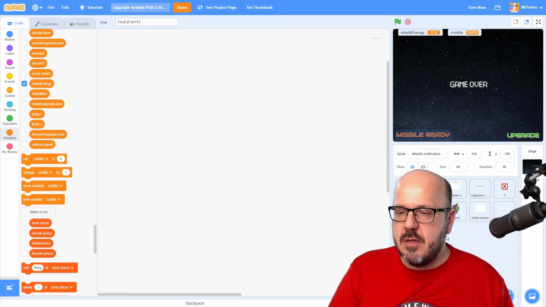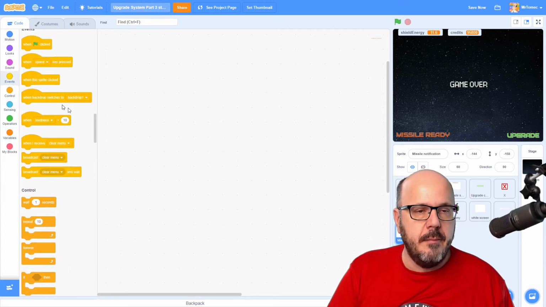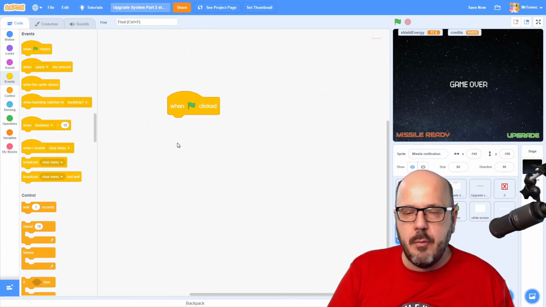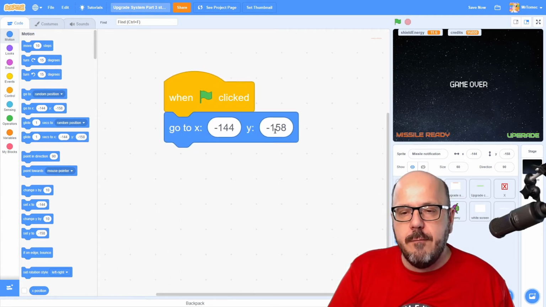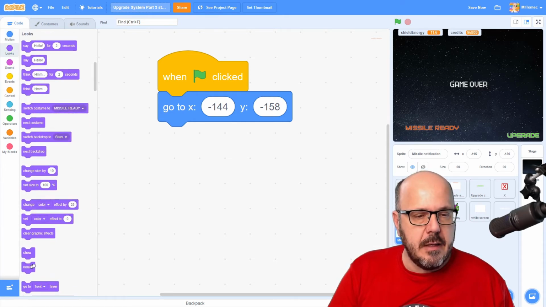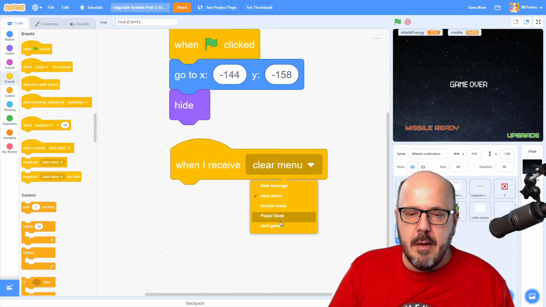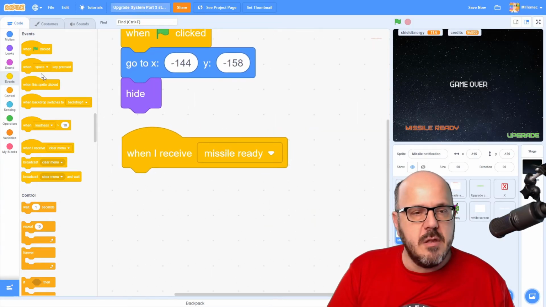So let's go over to the missile notification sprite down at the bottom here, and we'll do a little bit of coding there to make that notification appear when it receives that message. So let's just start by positioning this properly. The position that it's in right now is pretty good, but we want to lock that in so it's minus 144, minus 158. We don't want to accidentally again move that around on the screen so that it doesn't look as tidy. We want it hidden, of course, at the beginning. And then we want it to appear when it receives that missile ready command. So when I receive missile ready, I'm going to have to type that in. Oh no, there is a missile ready right here already. So when I receive missile ready, we're going to show